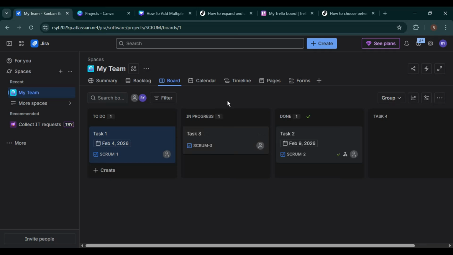In this video, I'm going to show you how to expand and collapse mind map trees in Draw.io for Confluence and Jira, step by step. This is extremely useful if you're working with complex ideas, sprint planning, documentation, or team workflows, and you want to keep your diagrams clean and easy to understand. Being able to expand and collapse branches in a mind map helps you focus on exactly what matters without overwhelming